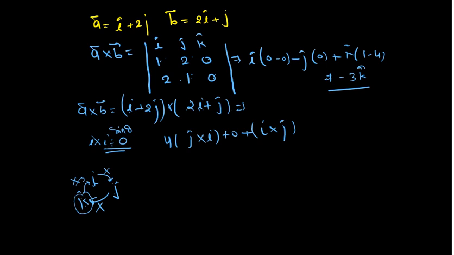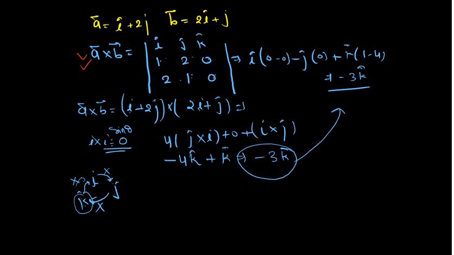So we are moving opposite to the direction. It will be minus sign of 4k, plus i multiplied with j, which will be k only, positive. So your answer will be minus 3k. That is what we got earlier also. Okay, so this is what we say for dot product and cross product. You can do the cross product individually, or by using this matrix method.